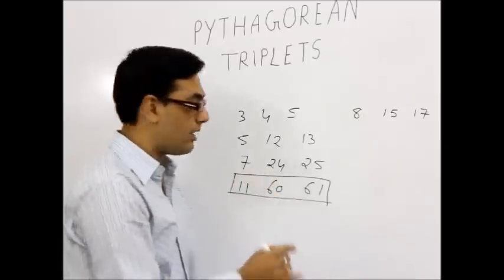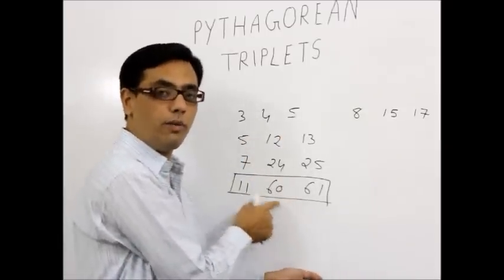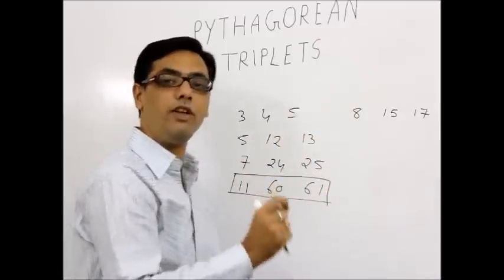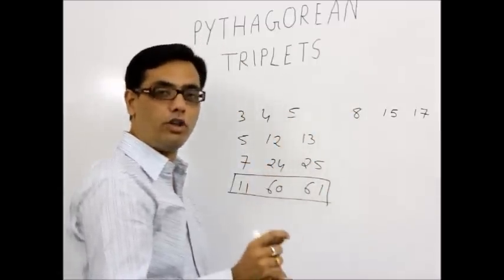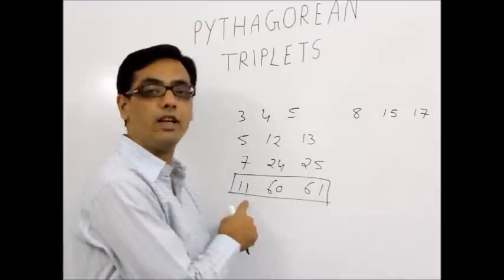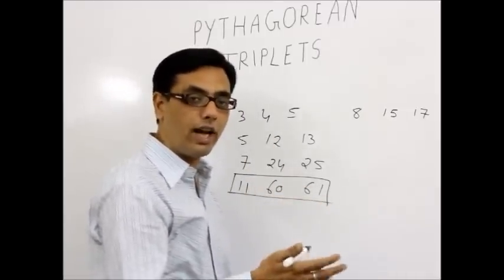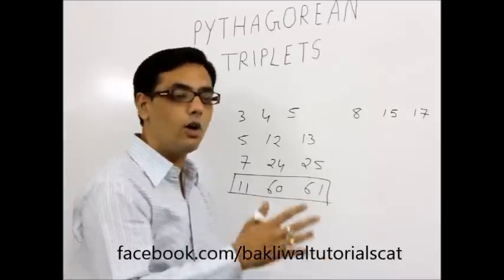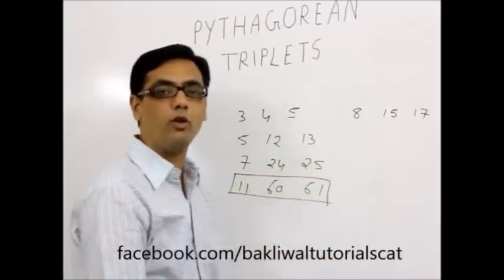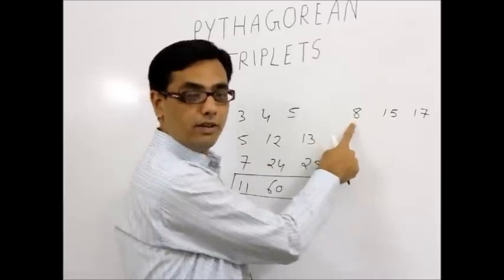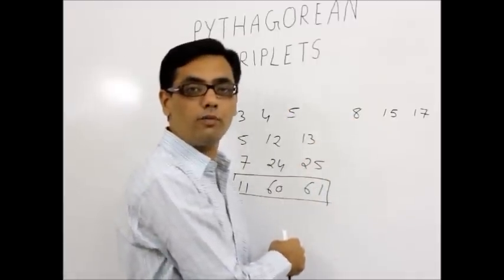So my dear friends, I am not saying that this is the only triplet with 11. There might be some other number as well, for all you know. But this is definitely at least one triplet with 11. So it will be very handy for you when you do the CAT exam and there are questions on triangles or circles or whatever involving the Pythagoras theorem somehow. Okay, let's come to even numbers. This is the shortcut I have taught for odd numbers.